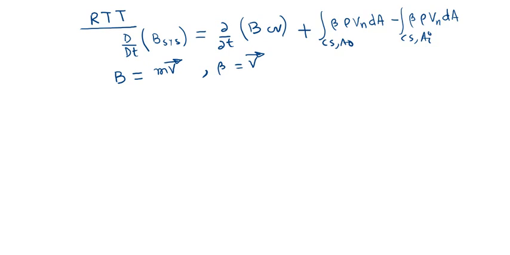So if we simply replace this, then in the left hand side it will be what? D/Dt of mV, and in the right hand side it will be del/del t of